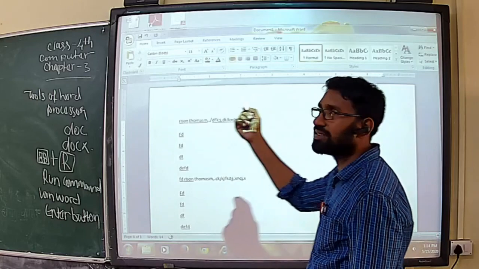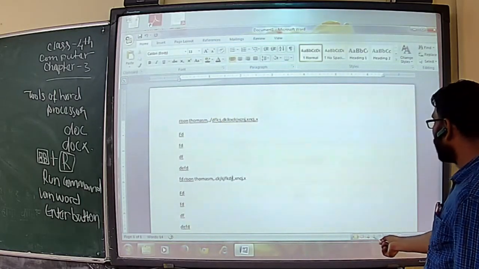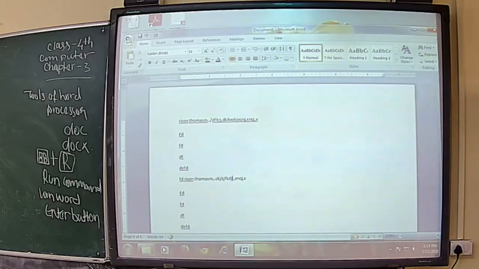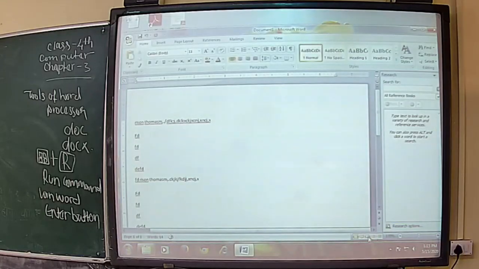Clear? Then on the status bar you can see some reading modes. You can see full reading view, web layout, full screen reading, print layout, draft and outline. Every document you can view with these reading modes.